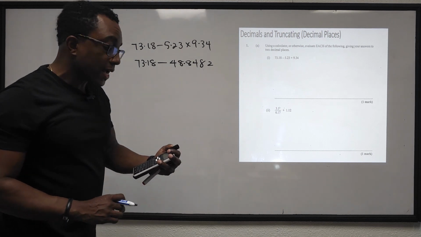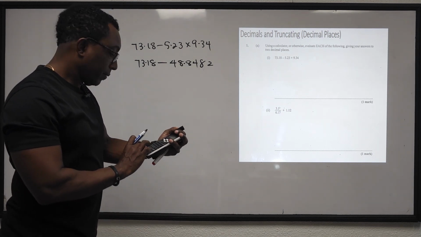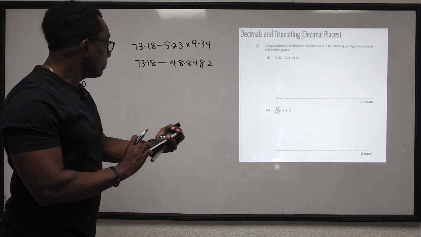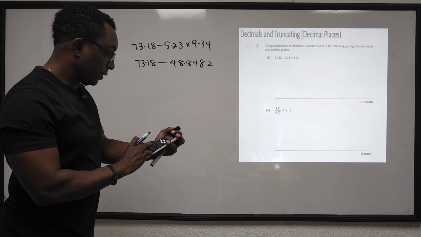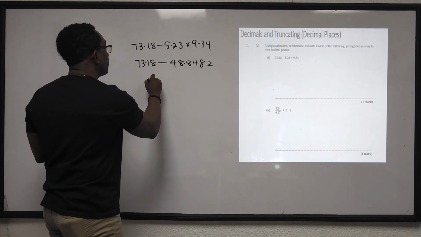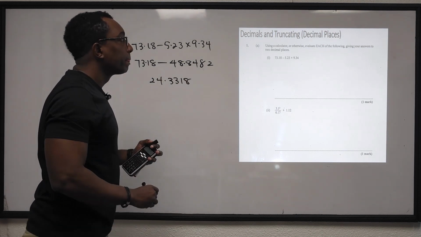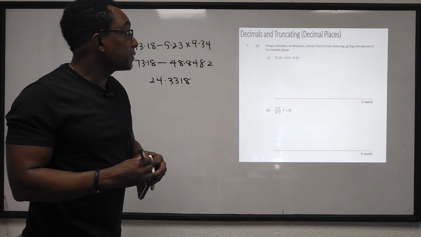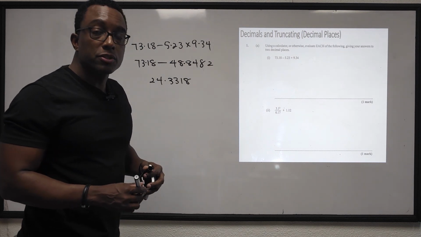And now let us subtract those two decimal numbers. This is 73.18 subtract 48.8482. And we're going to get here 24.3318. But what they want us to do now is round this answer, approximate this answer to